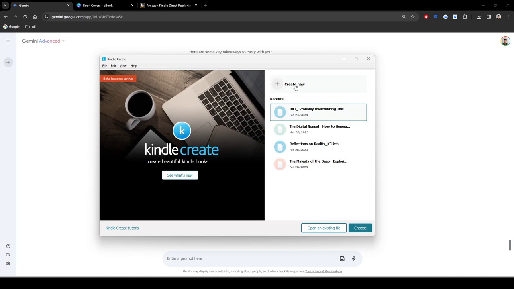But yeah, you want to go to Create New simply, and when you click Create New, we have Choose at the bottom. Then we will choose a document, and then we can open the document, and once you've opened the docx document that you just downloaded, we will continue from there. After you press Choose right here,